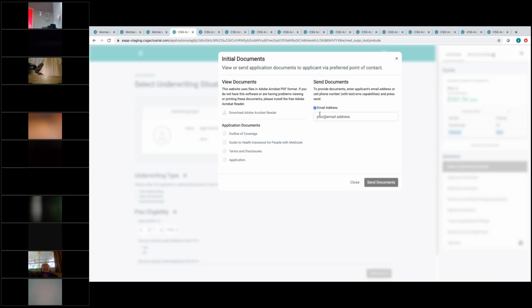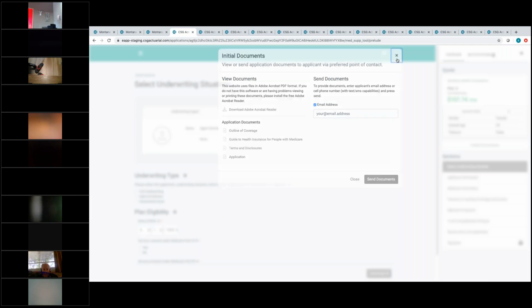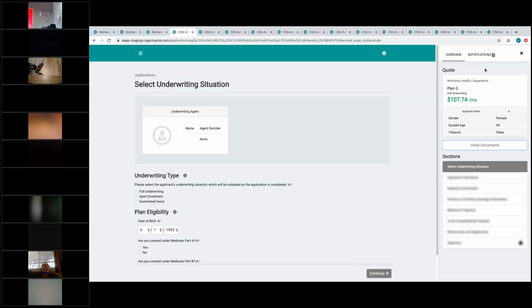Or if you'd rather email this to the beneficiary, say you're doing this over the phone, you can click Send by Email, type in their email address, and click Send Documents, and it can send all those documents directly to the applicant in their email inbox. So that's going to be what carries over from the